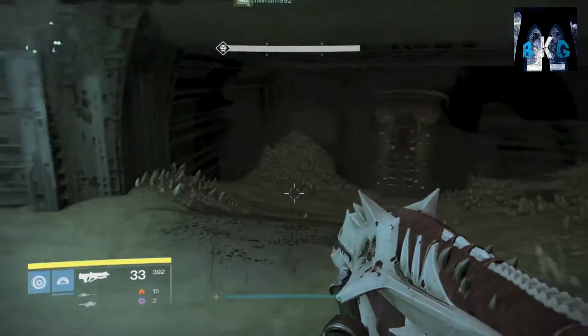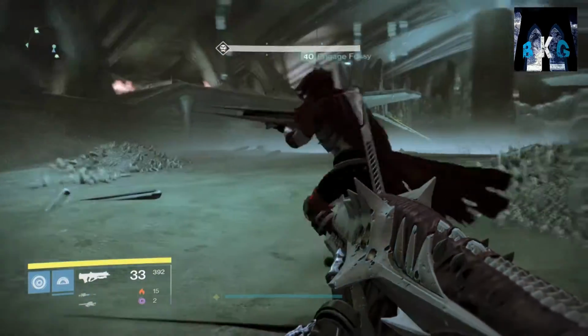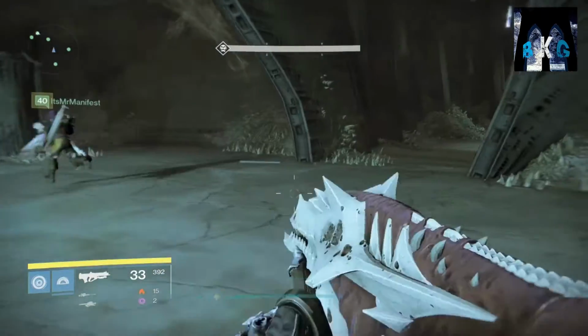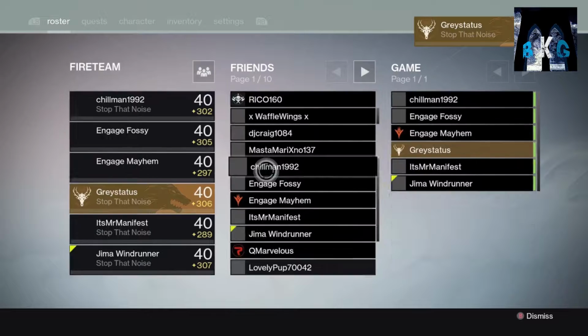I'm gonna show you guys where to put your Titan bubble if you ever do it with a Titan. You want to put your weapons of light bubble right here, because that's where we're gonna stand and do damage. So when we shoot this orb in the center,